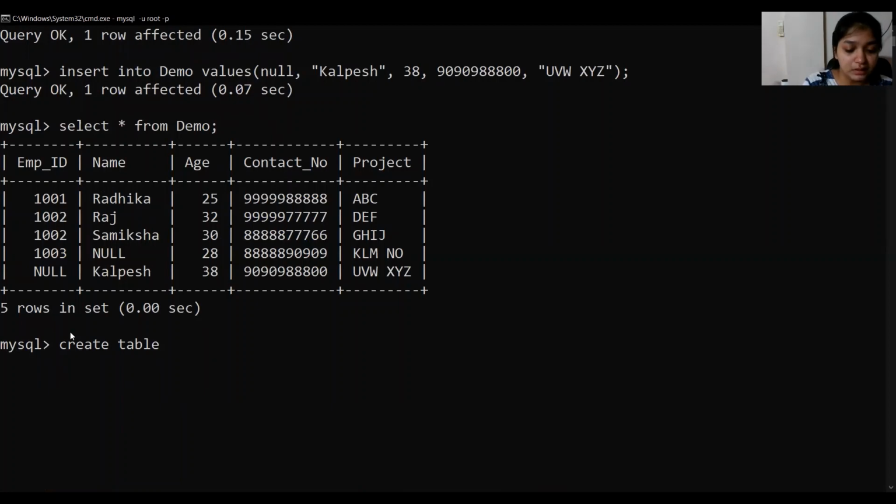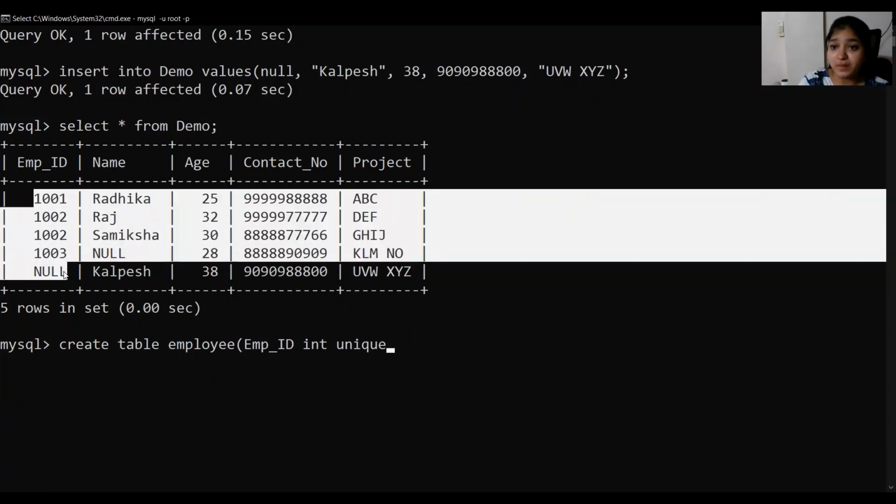Create table, and let's say employee table. In the employee table, again we'll have the same attributes as above. We'll have employee ID, it will be integer, but this time we will say that it is unique, which tells us that all the employee IDs that we'll be entering should be unique from each other.